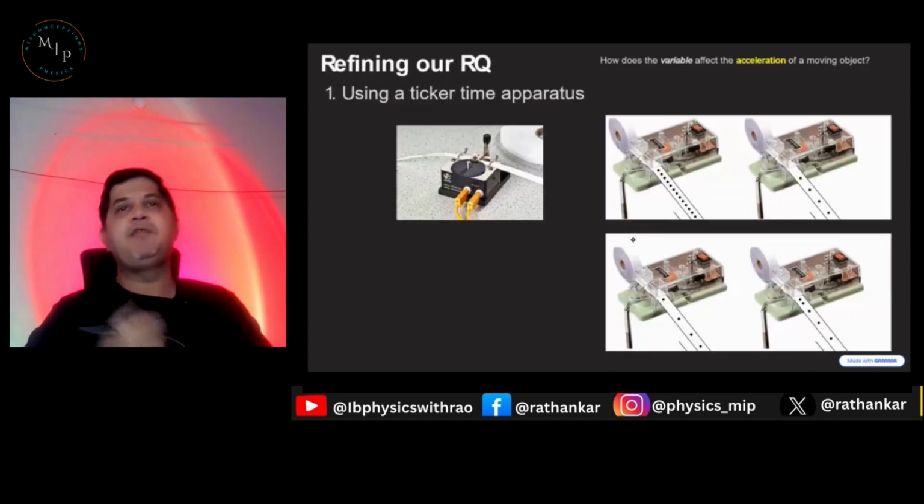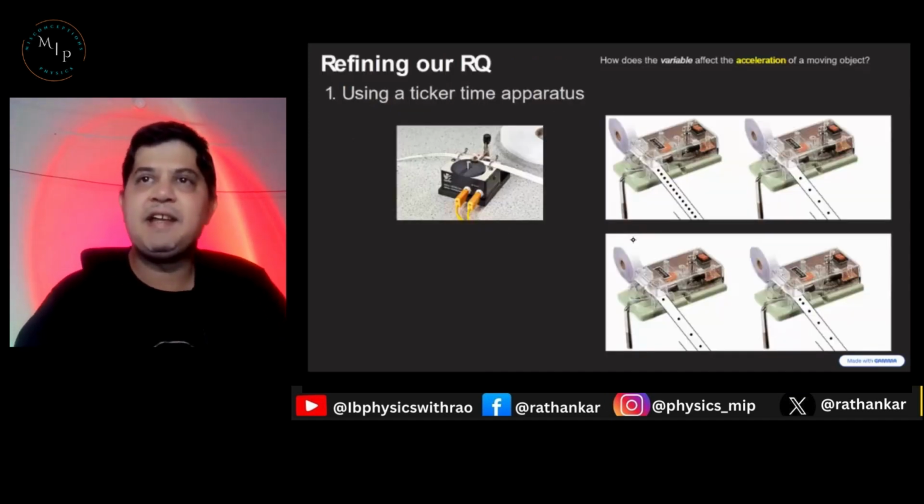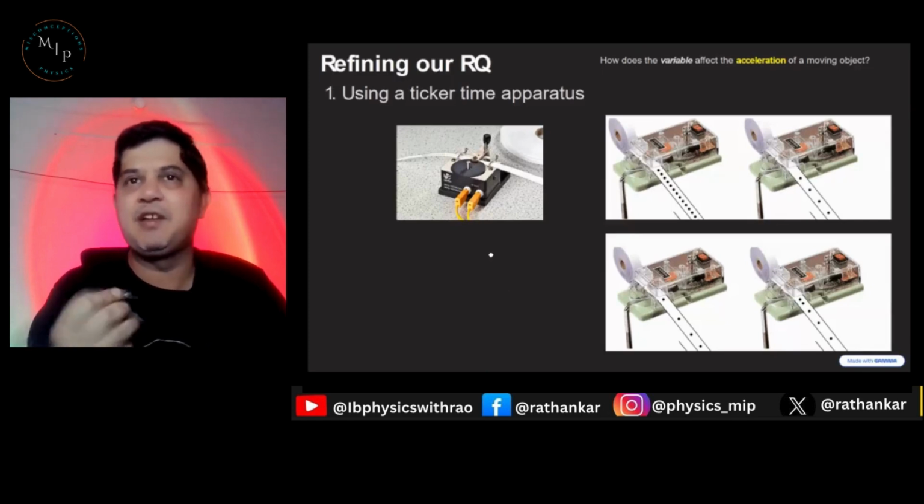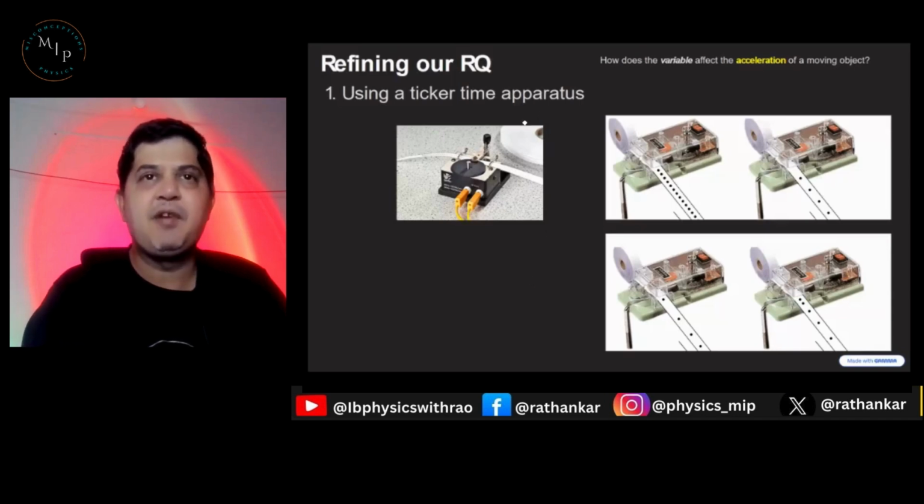Now how do we define acceleration? You can define acceleration using a method known as a ticker timer apparatus. I don't know whether you have this in your lab, but you can try it out in the old physics labs. You can definitely find this. It's something like you have a roll of tape, and then you have a machine wherein there's an electromagnet which is connected to this. This could be connected to an AC supply or maybe an eliminator,